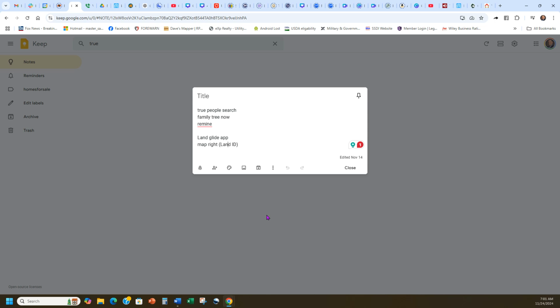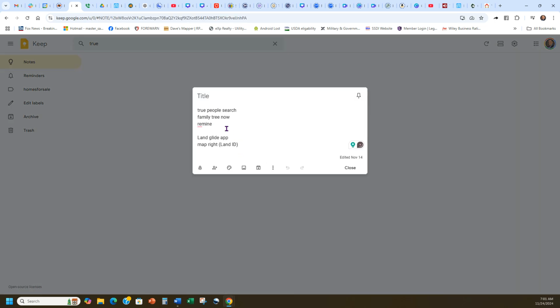And then you go there, get in there, you'll have your RPR loaded up. Once you're loaded up in RPR and everything is good, you can just put in the address. It'll give you the owner's name right there. Very simple. Once you have the name and the address, you come here to True People Search, Family Tree Now,